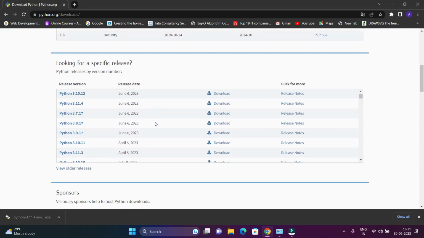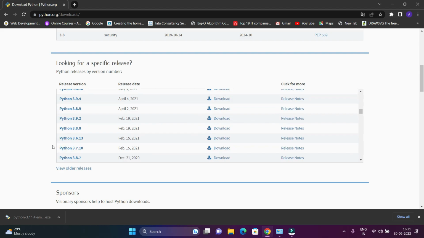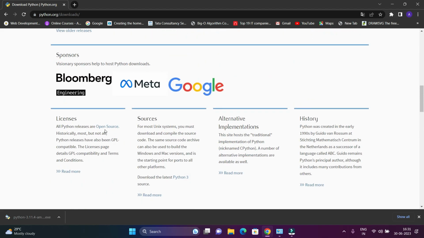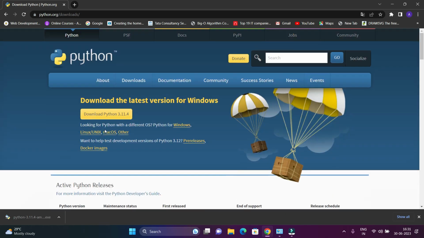And if you scroll down, you can see all other versions of Python are listed here. From here you can install the specific version of Python you want. But for now we are going to install the latest version of Python. Mostly it is also known as the latest stable release, and it is shown here in the header section of